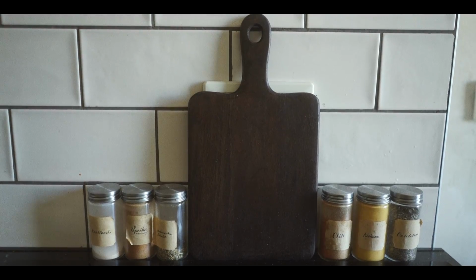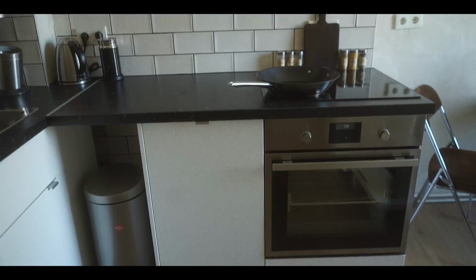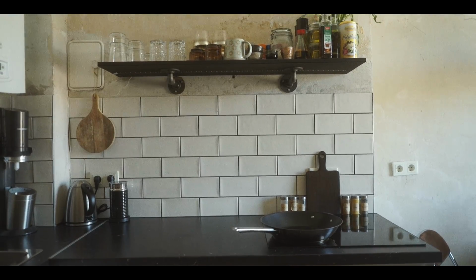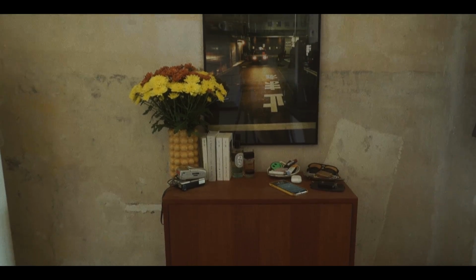Herbs over here and a cutting board, more cutting board on this side. I got my Soda Stream. That's the kitchen. Across from the kitchen, we have another little teak cabinet that I also thrifted in a store